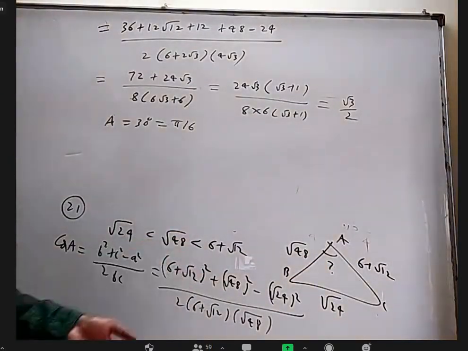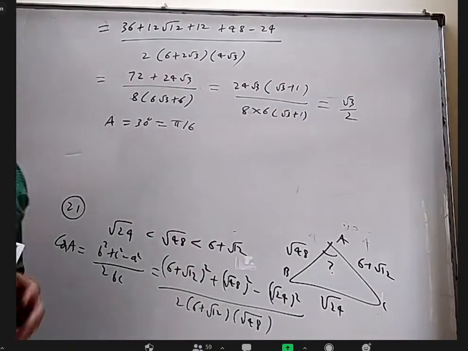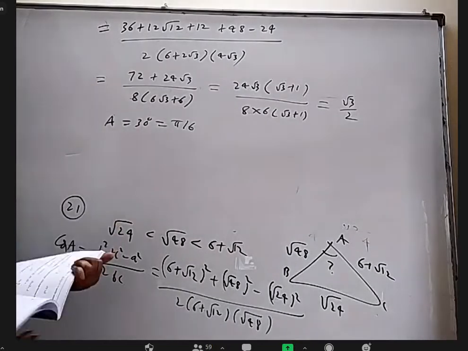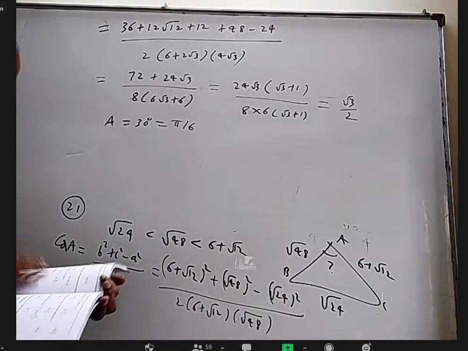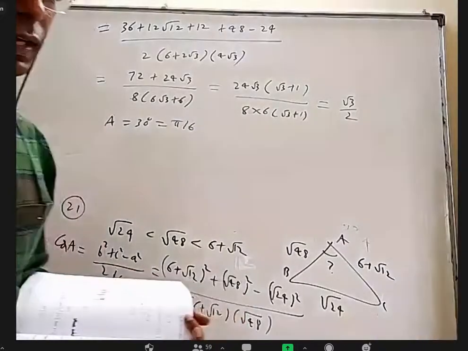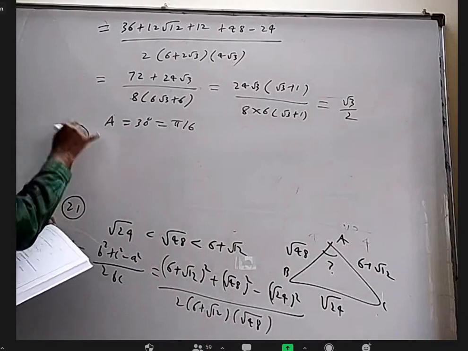Otherwise, if you randomly write numbers, how will it nicely adjust to root 3 by 2? It will come to some other number. My question is made some other way, but we don't have to worry. Okay, 22 is a nice question to get an idea of how to adjust this.